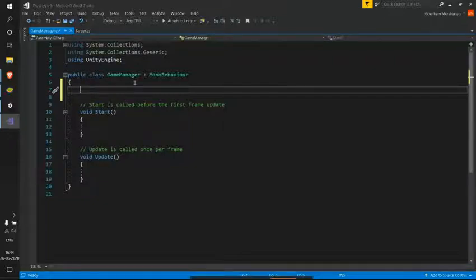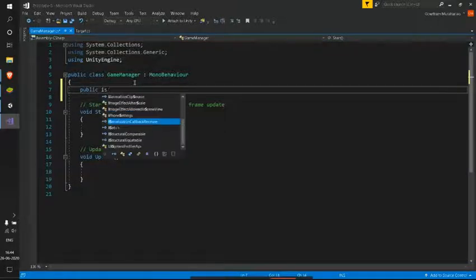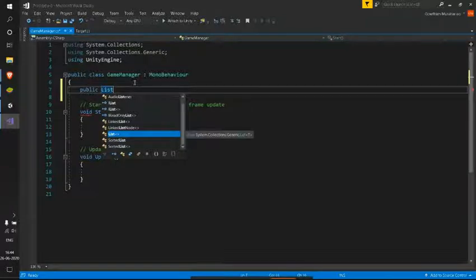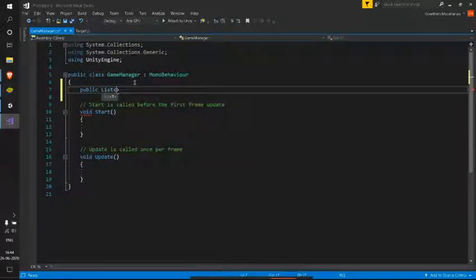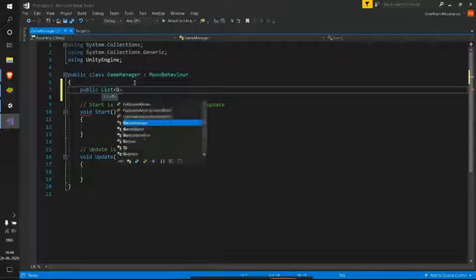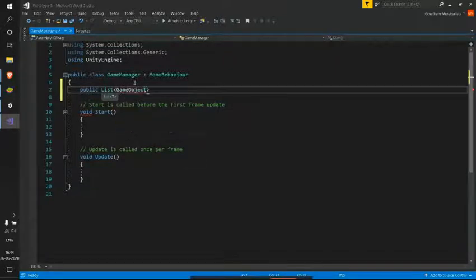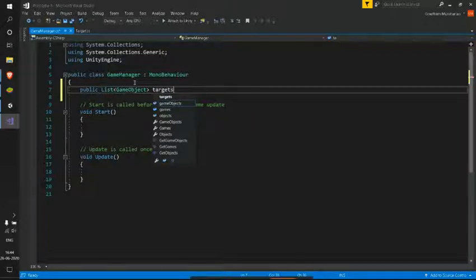So let's start this. Let me create a public list, and this list is a list of game objects, right? Here, in an array, let me show the difference. I need to give GameObject and I'll name it targets.